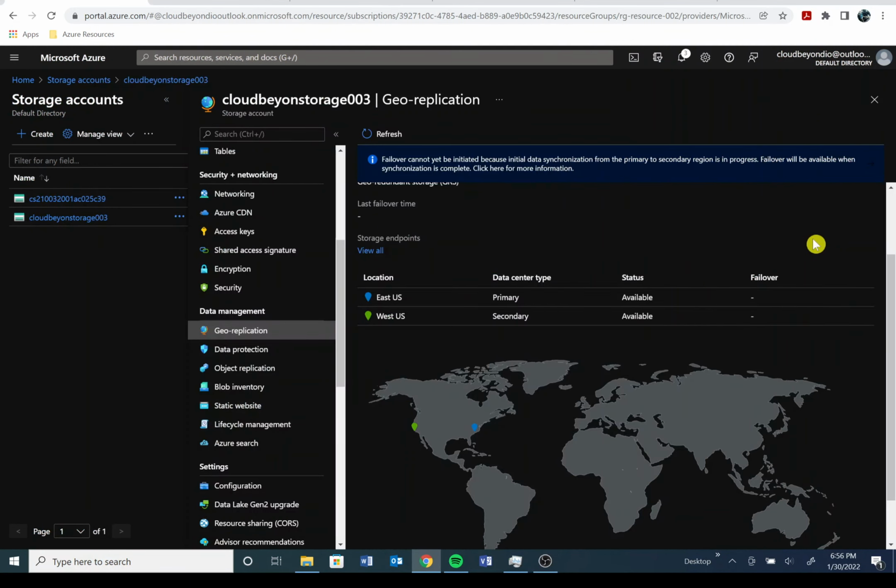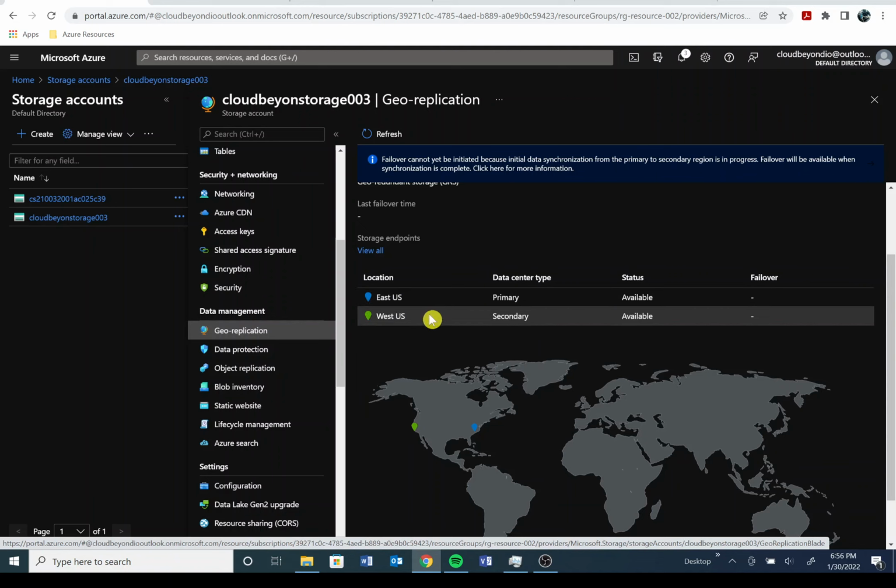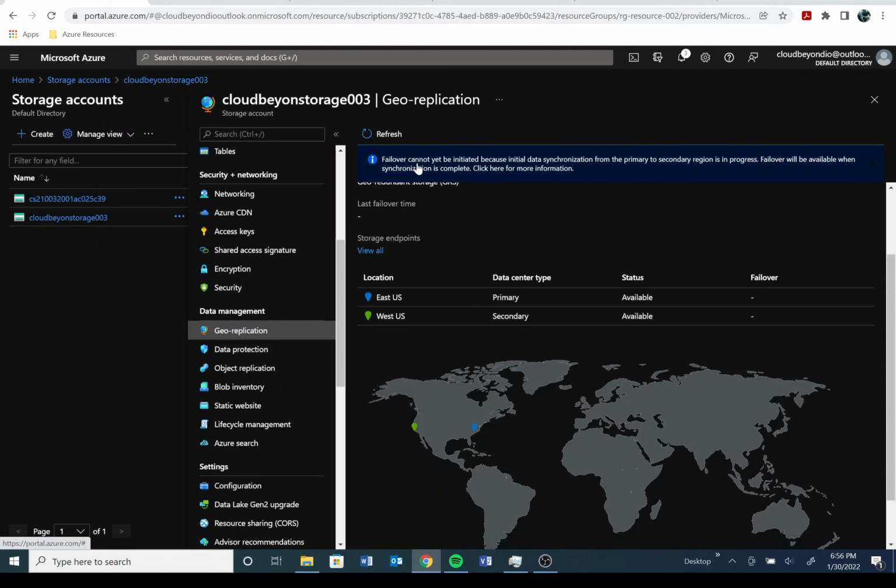Hello and welcome back. I did configure this particular storage account to be geo-redundant. That means my data gets copied across regions. As you see here, in the data replication, we do see now there is a primary and a secondary region available to me. You can fail over, but as you see from the message here, failover cannot yet be initiated because the initial data synchronization from the primary to the secondary is in progress, and that may take some time depending on how much